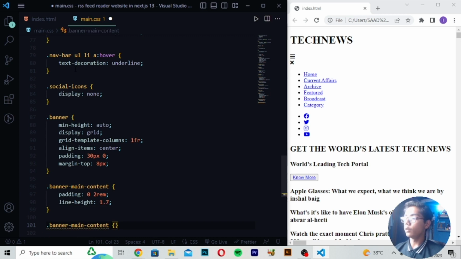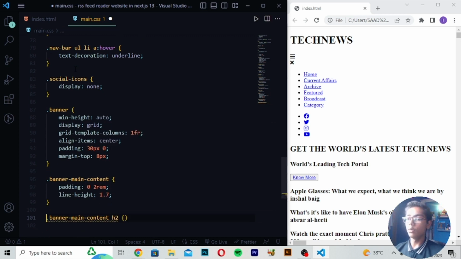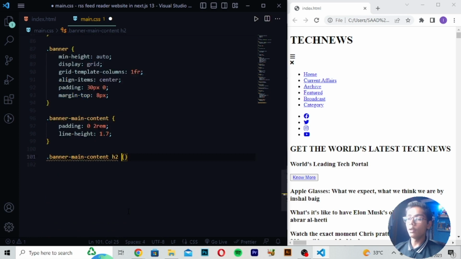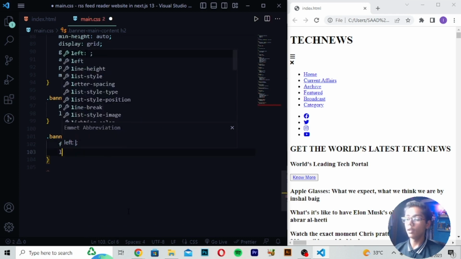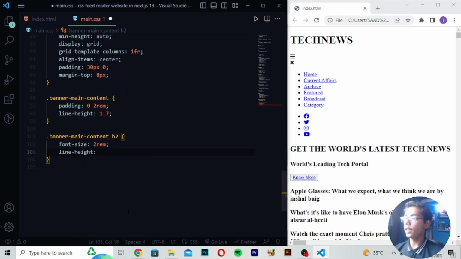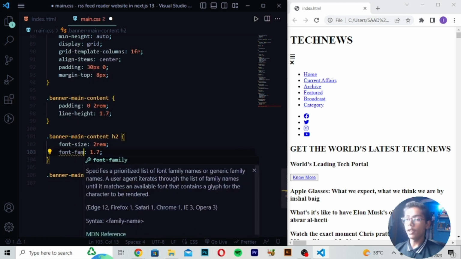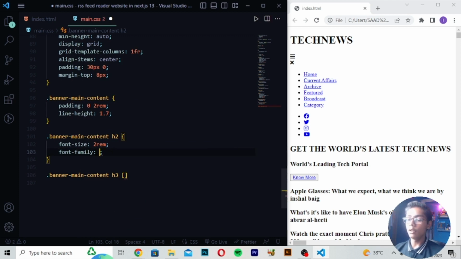Then I will be now just moving here, but before that you have to write h2. After writing this h2, you have to move here, then move down, and then here I will be writing font size 2rem. Then I will be just moving down. Right here line height, which should be like var, or you can say 1.7 I will be writing. Then you have to write here banner main content, which should be like this time h3, or you can say here in h2 I will be just now writing here